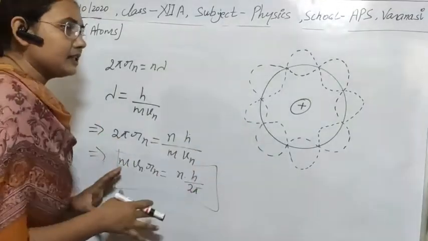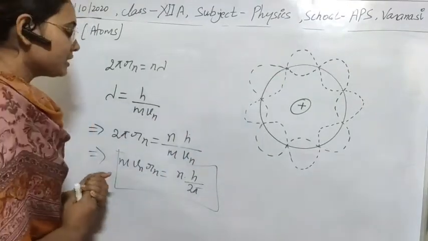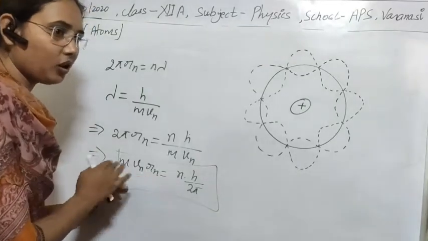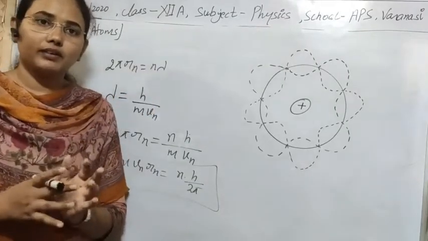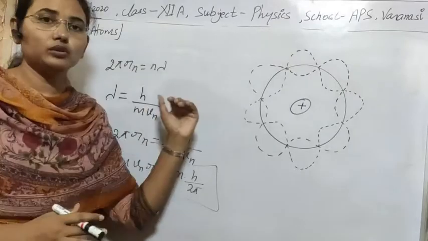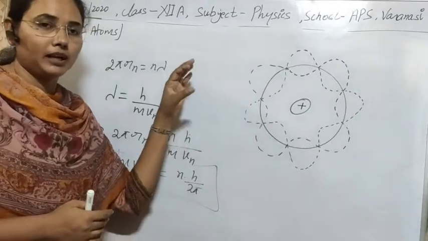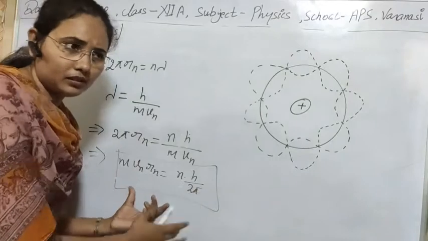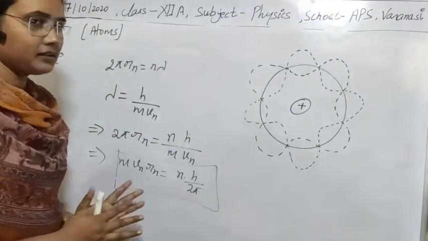So we can also understand it with the help of de Broglie. This quantization, this restriction, is also given by the concept of de Broglie and the standing wave. I think it's clear to you how, with the help of the de Broglie concept of wave-particle duality, we can prove this for the particle nature.